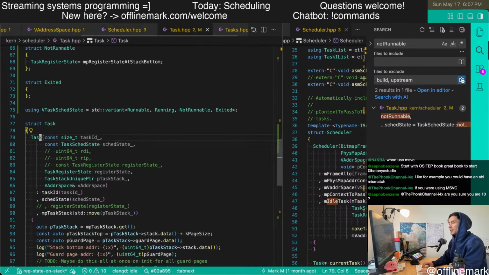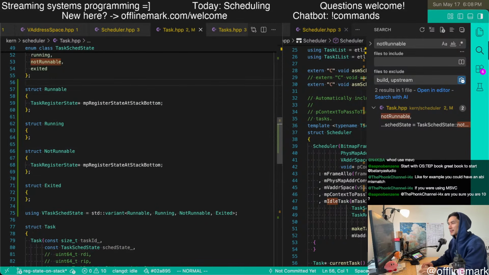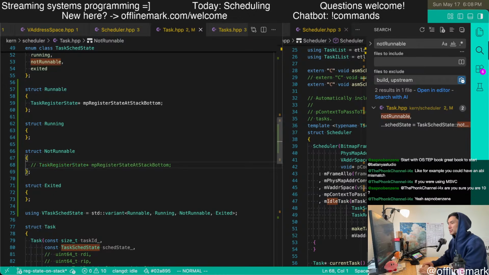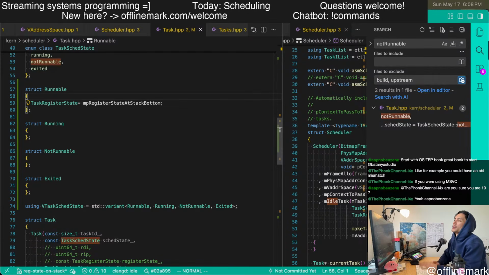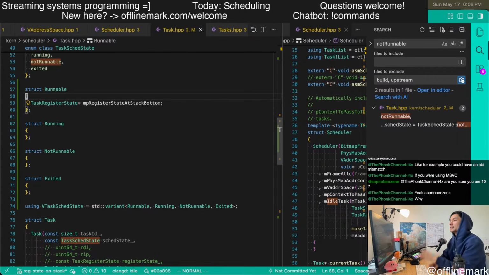So I think this thing is sort of unused. I think I'm not going to add this. The main idea is that we're going to associate this pointer specifically with the runnable state.